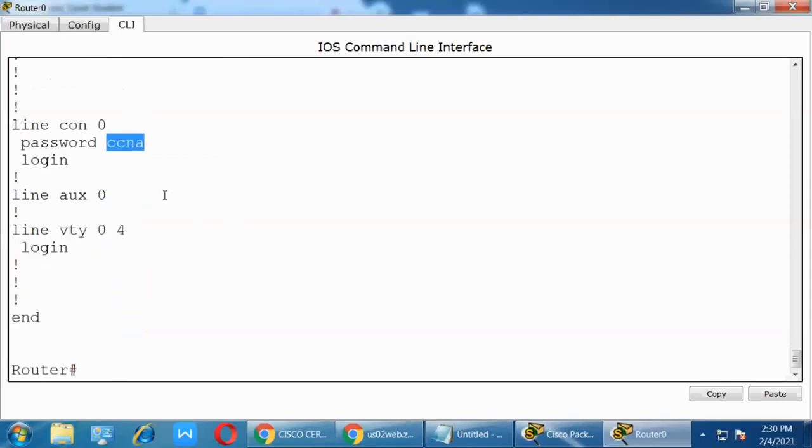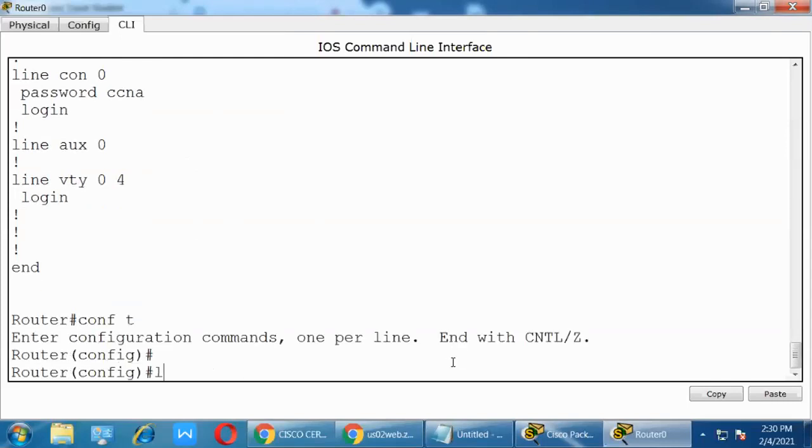Got the point. So in that there are two kinds of password we can assign. One is the normal password, and the second is the secret password. So how can we configure?